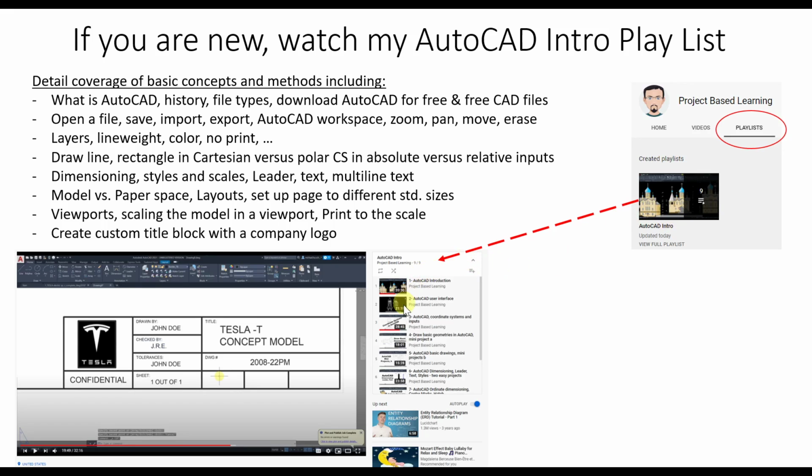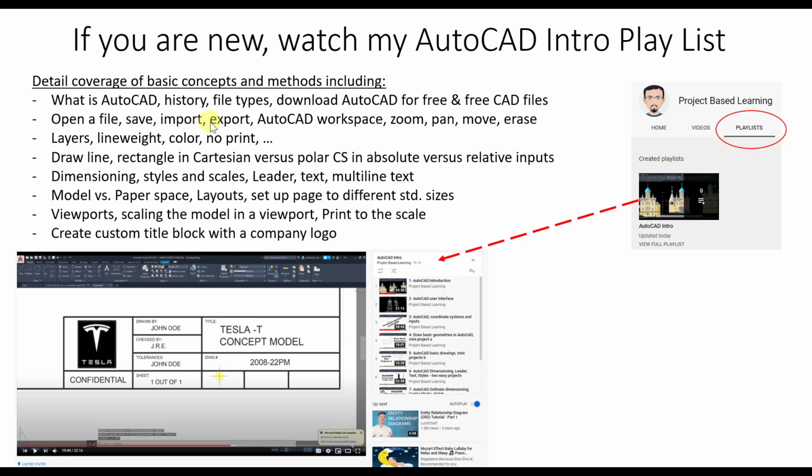When you click on that, you will see numerous videos and they'll take you step by step in detail. They will show you different items like what is AutoCAD. It's going to start from there, the history of it, file types, how to download AutoCAD for free, CAD files, all the way,